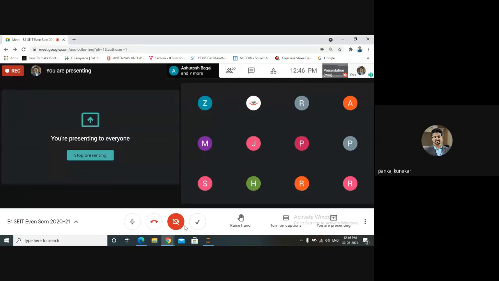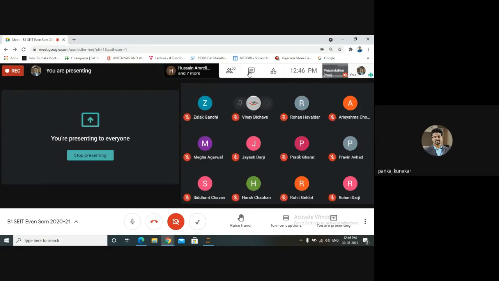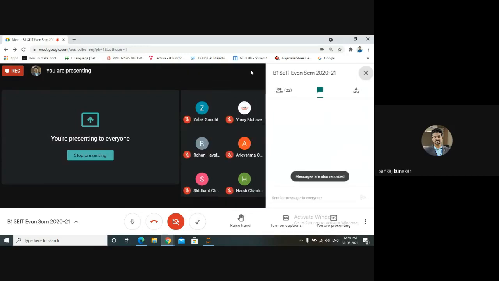I know you are studying a Python framework for your mini project. So tell me what frameworks are available for creating GUI in Python. Anyone having an idea? Yes.